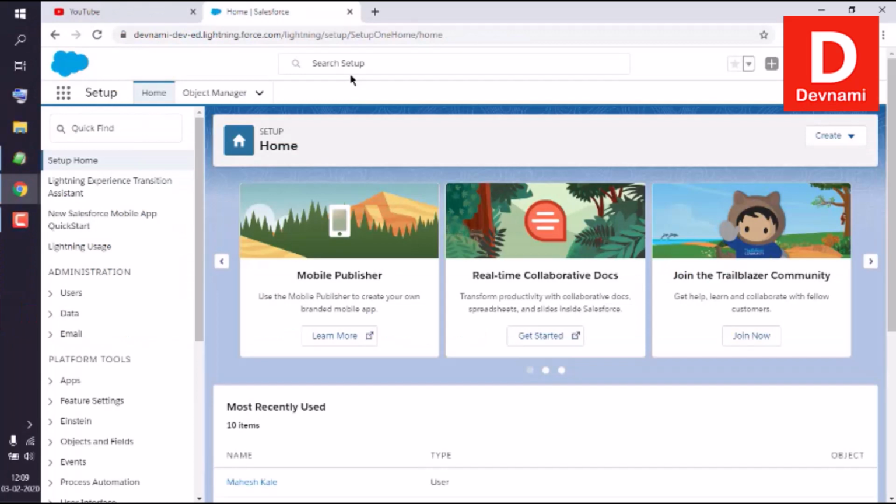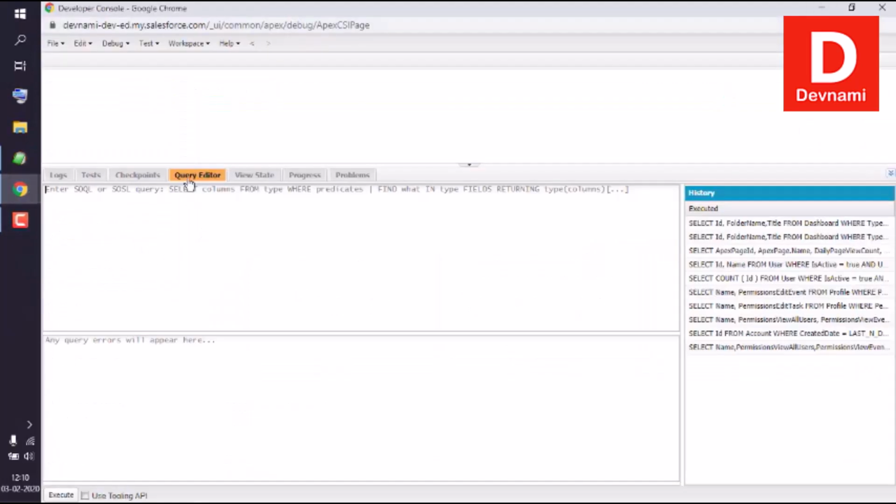Okay, so let's take a look at SOQL query in Salesforce developer, where we are finding user with edit task permissions. So when you have a particular set of tasks which only few or specific profiles are allowed to edit, we want to get the list of those profile names. Okay, so what we will do is we will basically open developer console. Okay, that should look something like this. Then in query editor, I'm going to write my query,